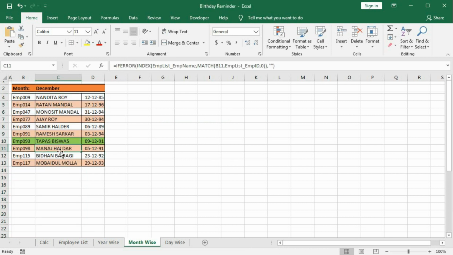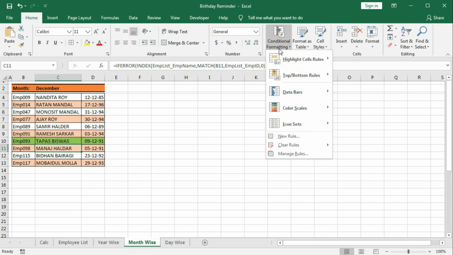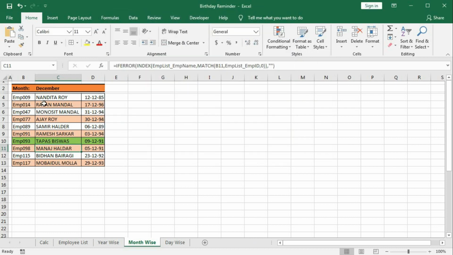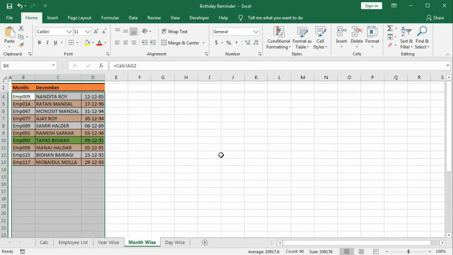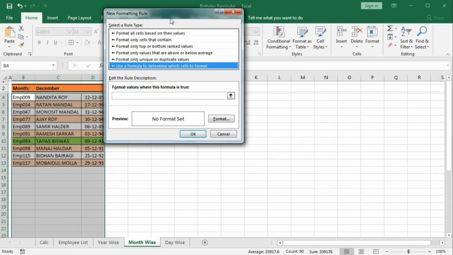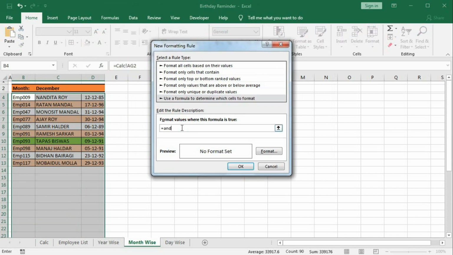Now I want to highlight the past dates. So let's see. So here we will pass two conditions. So go to conditional formatting, new rule. Sorry, I have not selected the range. So select this first, then new rule, select this one, equal to AND, bracket open, DAY, bracket open, this cell, press F4, F4. So this cell should be less than today, less than DAY, TODAY,